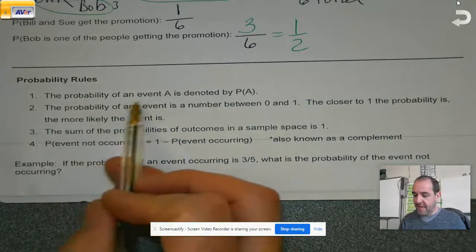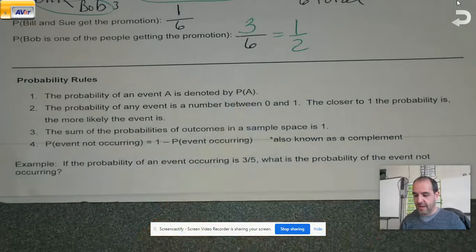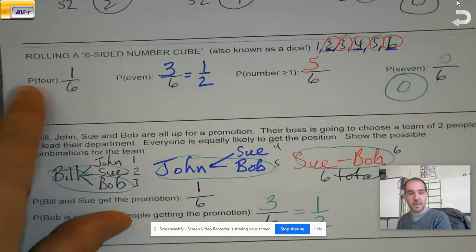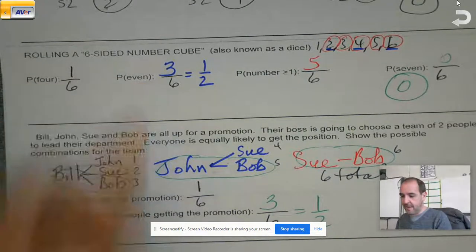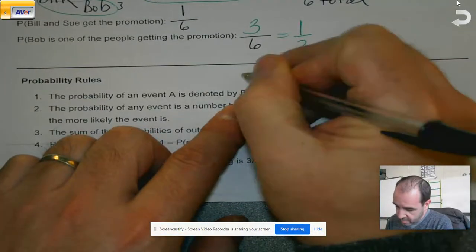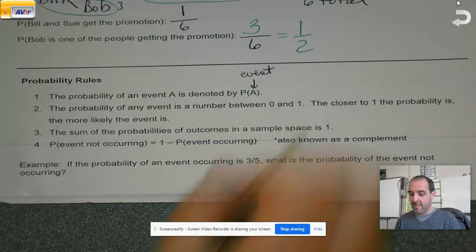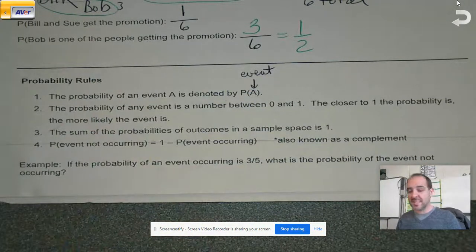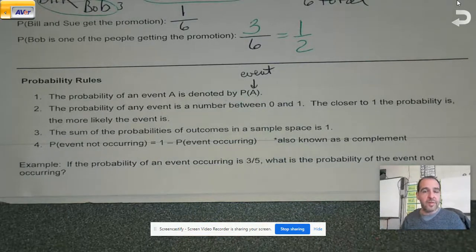The probability of an event A happening is denoted by P sub A. You're like, okay, so what does that mean? If you look back up here for a minute, notice how it said P sub 4. What's the probability of me getting 4? What's the probability of me getting even? This is just the probability of whatever event you are checking on. What's the probability of Bill and Sue getting the promotion? We're just explaining to people what we're looking for the probability of, whether it's a number, a phrase,